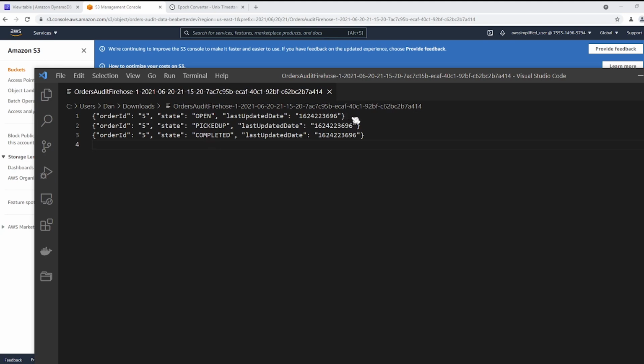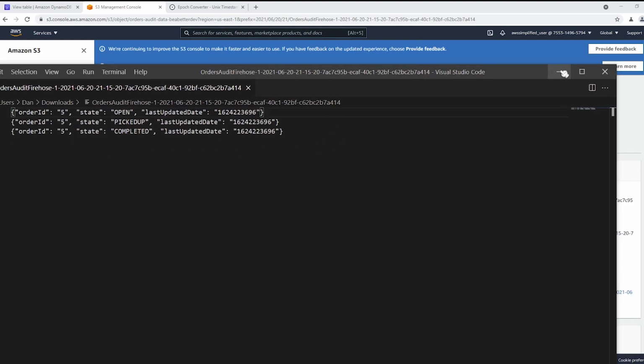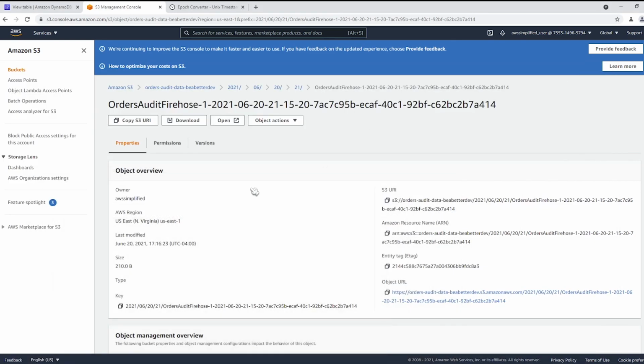Also note that we're not separating this by commas or anything. It's just by new lines. That's important for Athena, or else it's not going to be able to parse the information correctly. So that's what's in S3 now. You can go ahead and add a little bit more data if you want. Everything should flow pretty well. But for our case, we're pretty much done verifying that this part of the architecture is working correctly.